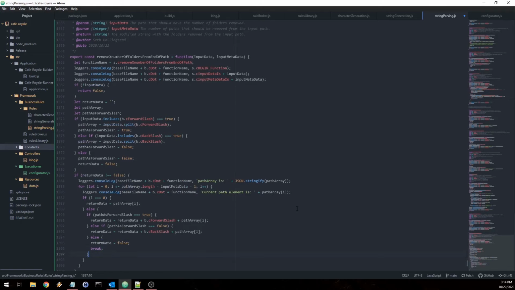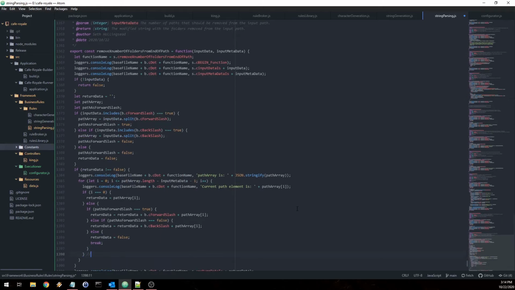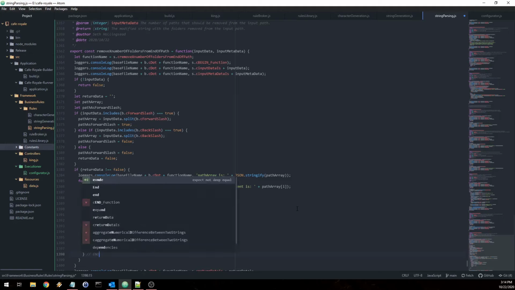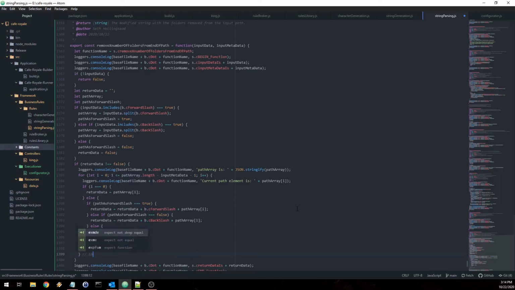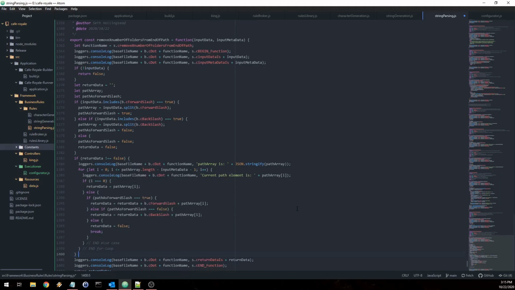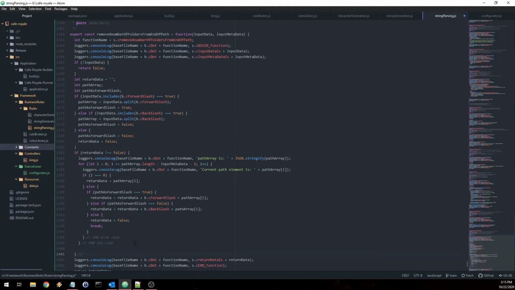All right, so we're going to come down here. I'm going to document this. This should be the end of the else case. This is the end of the for loop, and this, hold on, this comes down here. We need to have another if condition here. Hang on a second. Yeah, actually, I'm going to document this. This should be the end. Return data